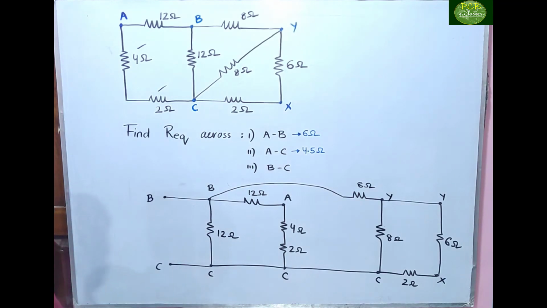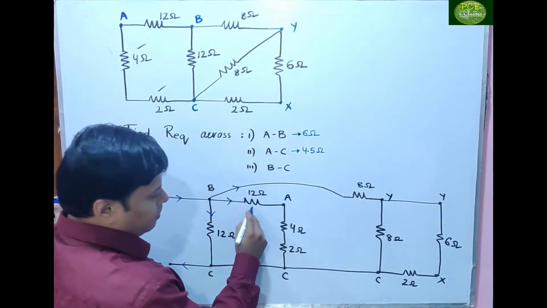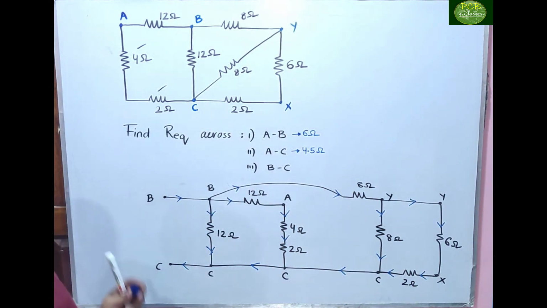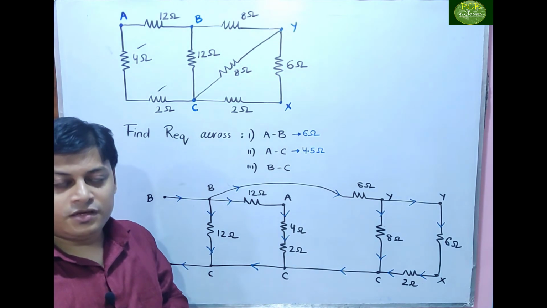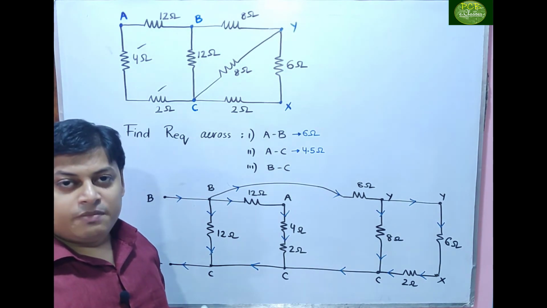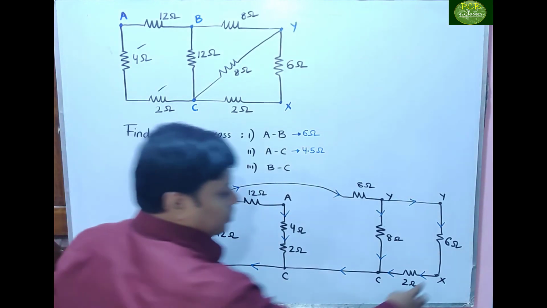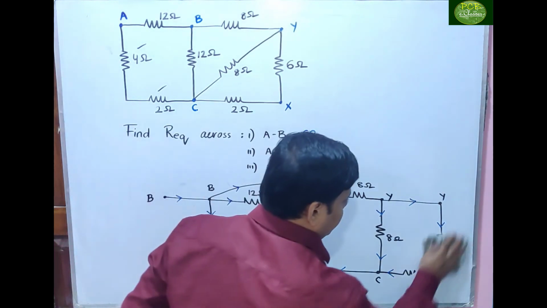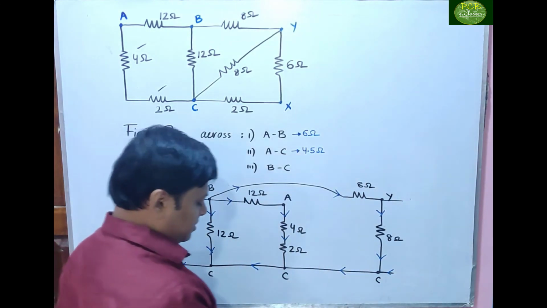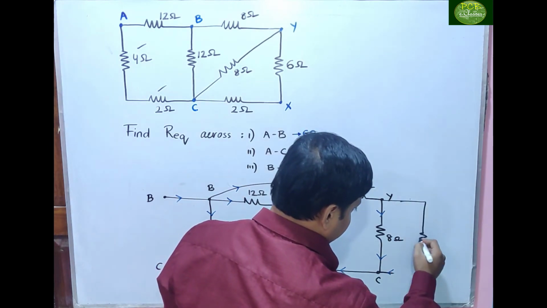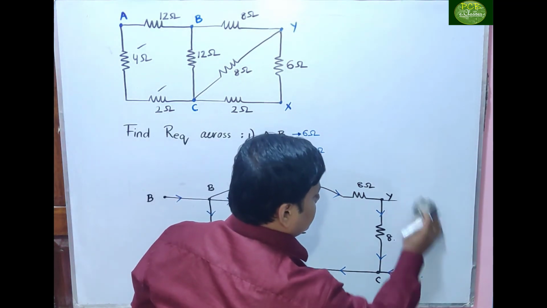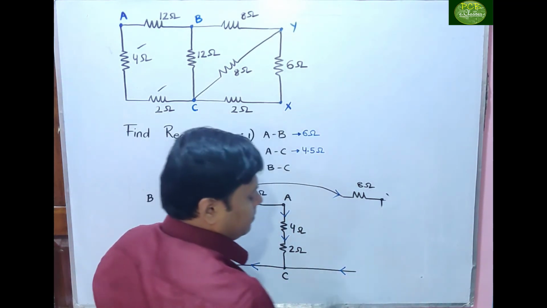Now we will go for the solution. Before that, as usual, the first step, current. See, this is the distribution we have done. Now we will apply the logic of the series and parallel conditions. 6 and 2 we know now, 6 and 2, 8 ohm. So I will replace this one by 8. Why? Because these two are in series. So this I can write down as 8 ohm. 8 and 8 parallel, how much? 4 ohm. So I will write down 4 ohm.